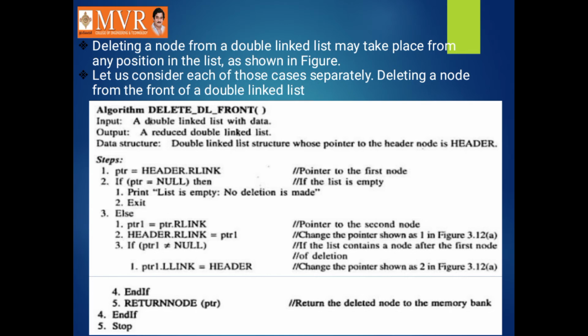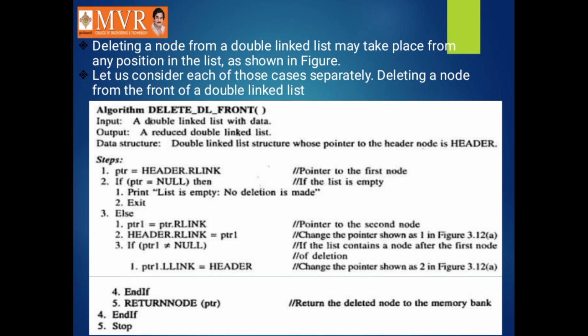If ptr is equal to null, then print list is empty, no deletion is made. That is, after the header node, if the header node does not contain any address, then we can say that the list is empty. If the header node contains an address, we will move to that address. If not, there is no linked list available, and so no deletion is possible. Else, if the right link of the header node contains any memory location address, then we move